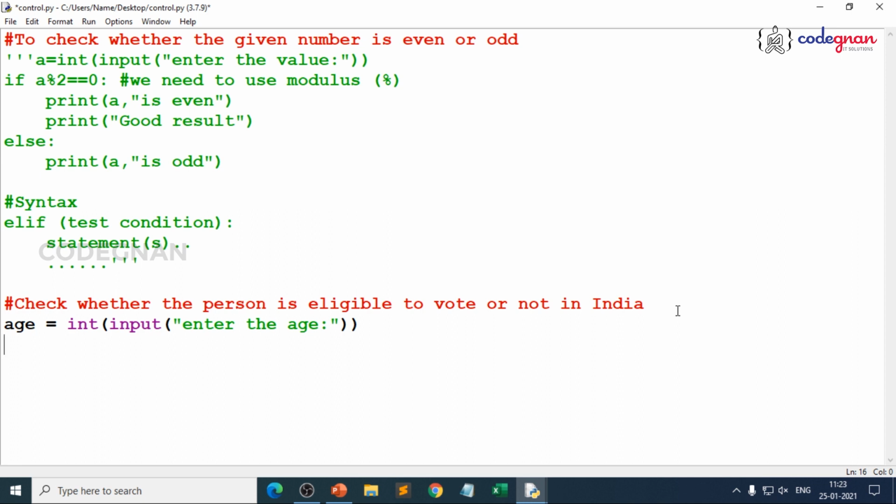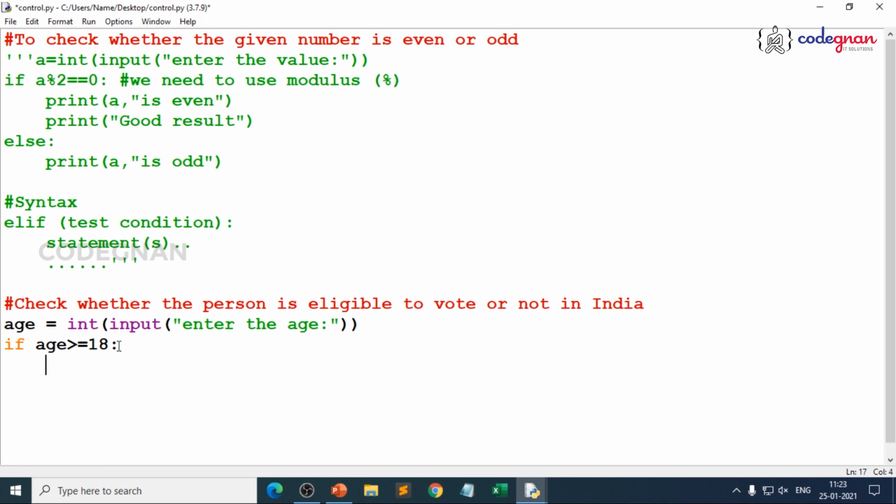But now I just wanted to give the conditions directly. If age is greater than equal to 18, and again you are giving same variable names right here. If age is greater than equal to 18, because 18, this is your variable and this is your default condition. Why? You already know the condition, right? Because in India, if the person's age is greater than equal to 18, he can cast vote. He is eligible to vote. So here this is mandated to mention. If you don't mention anything, then what is the use of comparing here, right?